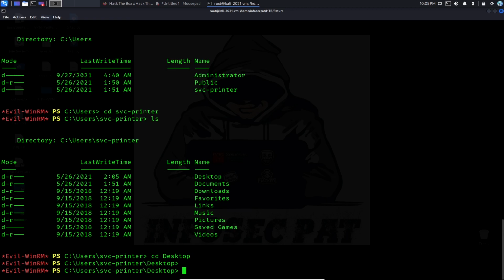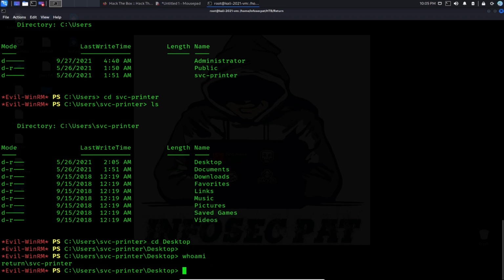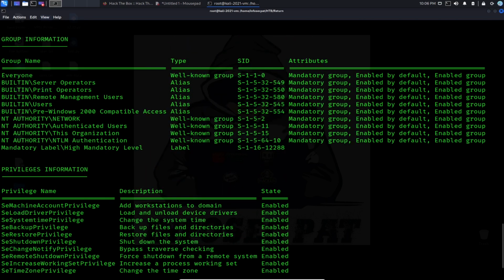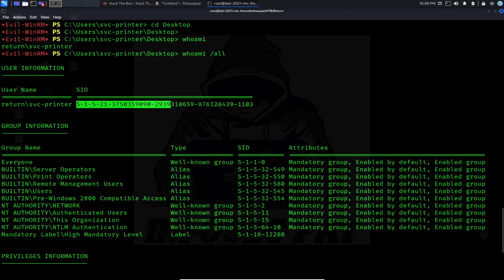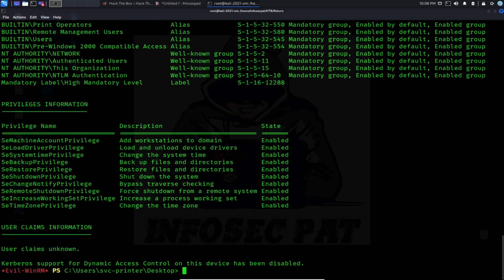So now we are on this machine. So if we do whoami, we are svc-printer. So we do whoami /all, we can see all the configs, all the group information, your SID, which stands for security identifier, and the privileges information. So see what the privileges are, etc. Right? So what we can do now, we can run a net user command. So we can do net user,